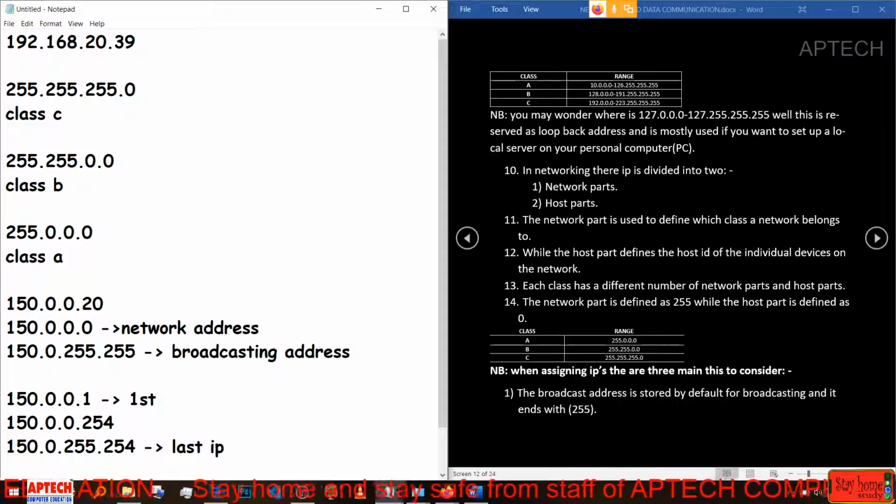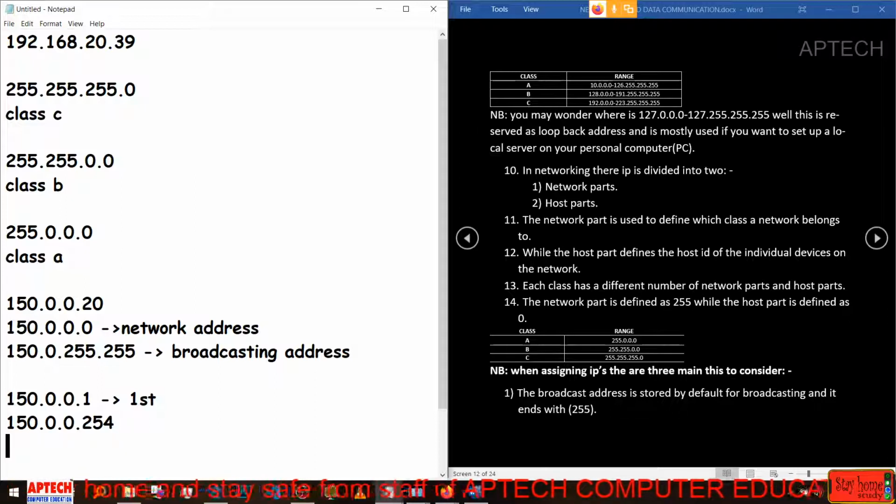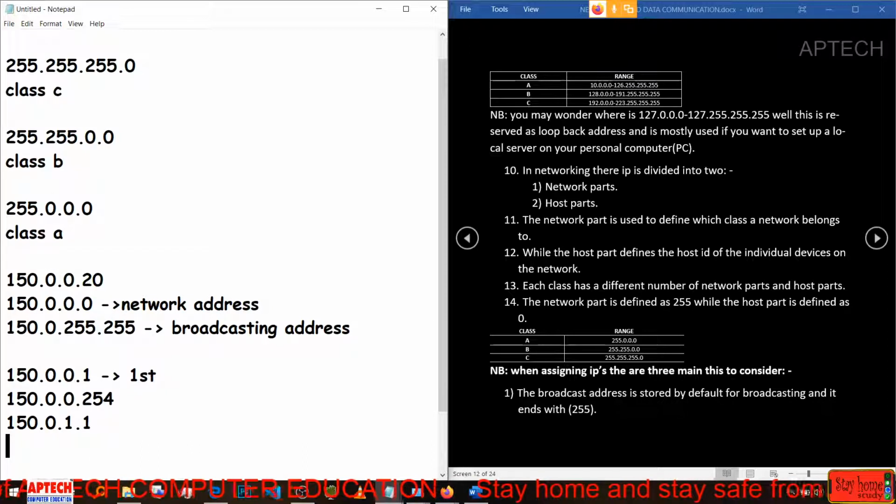When it reaches 254, that one is filled up, so it will go to the next one, which is 150.0.1.1. Why? Because of the network and the host. It goes through the same procedure again from 150.0.1.1 to 150.0.1.254,